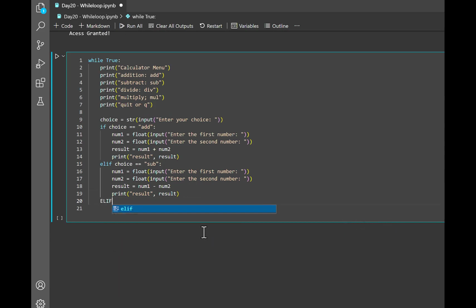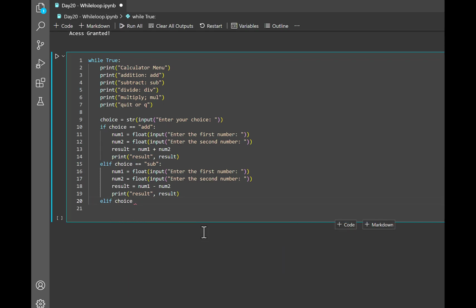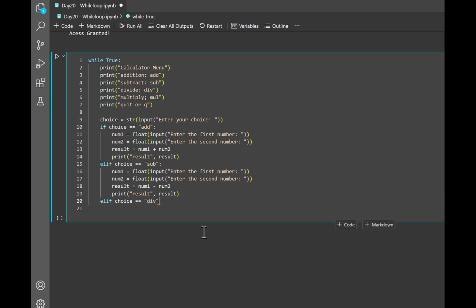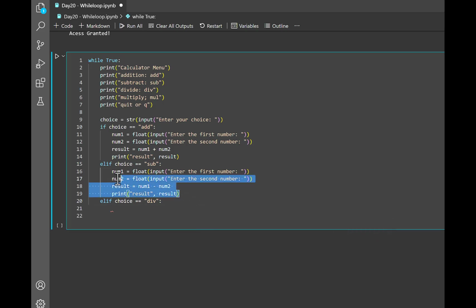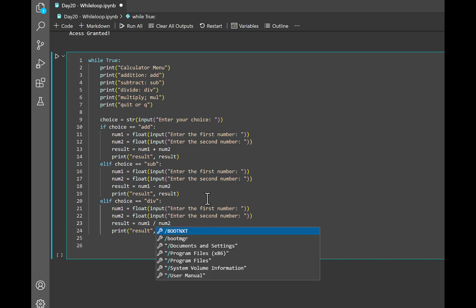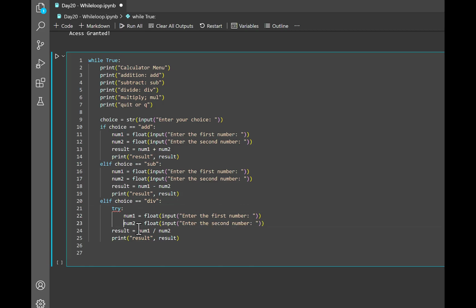And let's say elif choice equal to, let's say division. So going to copy all of this again, and I'm going to make it division. You can also put the try and except block if you want. Let's say try. I want you guys to use all the things you have learned. Try, print,